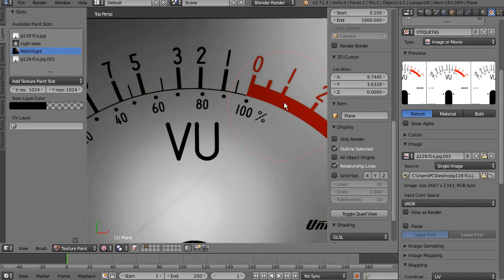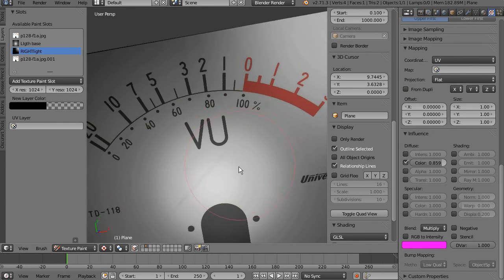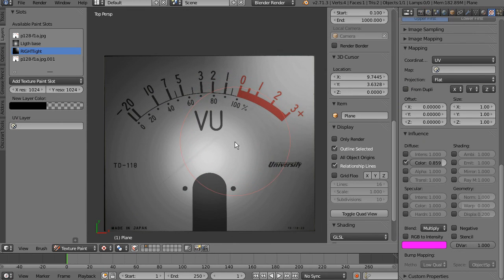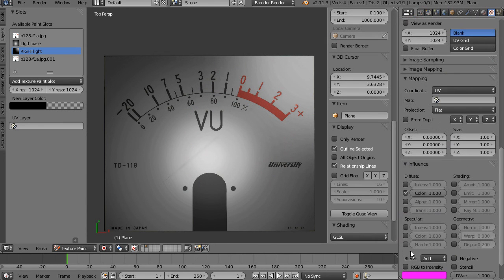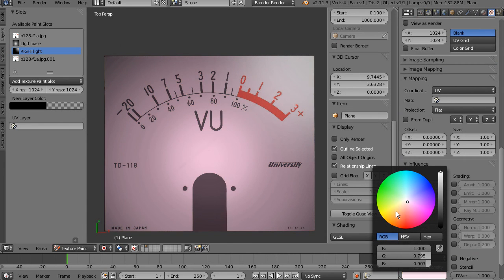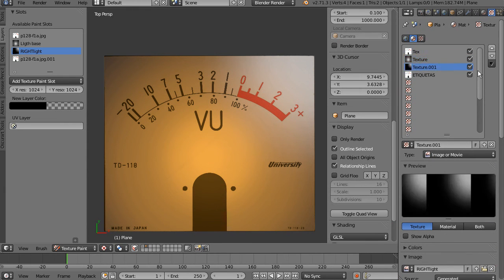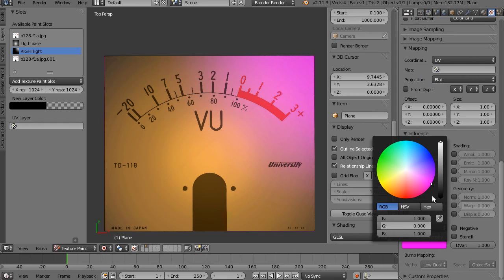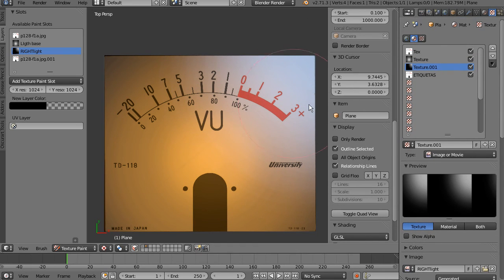This is an exercise. I'm not sure if this is going to work the way I want. Okay, take this. Yes, RGB to intensity. More or less it's working. I'm not going to spoil anything. Don't want to say anything about it. It is working. I'm not sure how, but